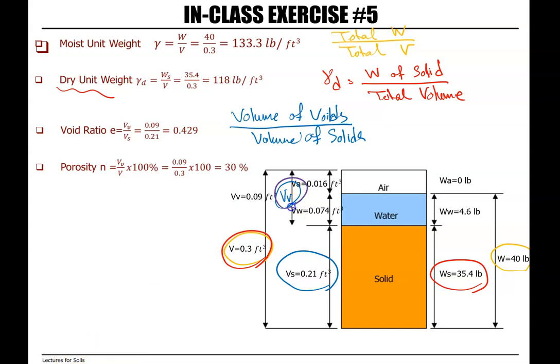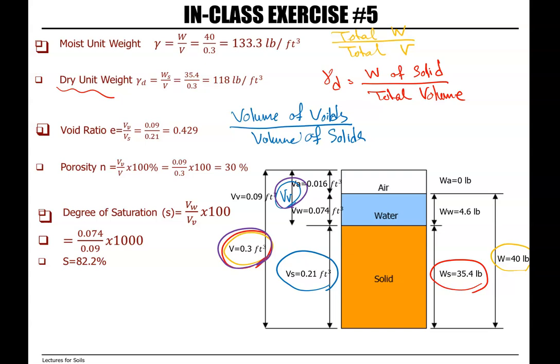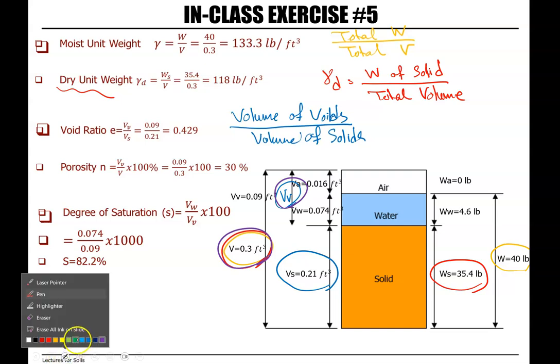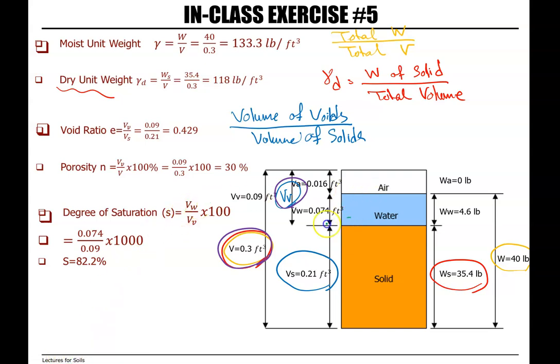So it's volume of void divided by total volume. Degree of saturation means what percentage of the void is filled with water. So it's volume of water divided by volume of void. And then the last one is asking for volume of water, which is just